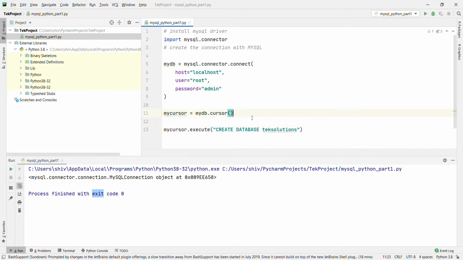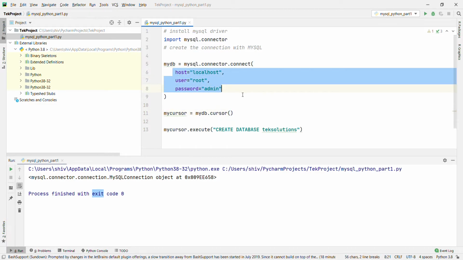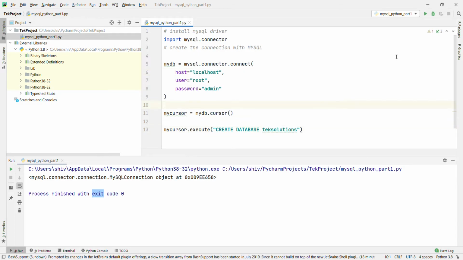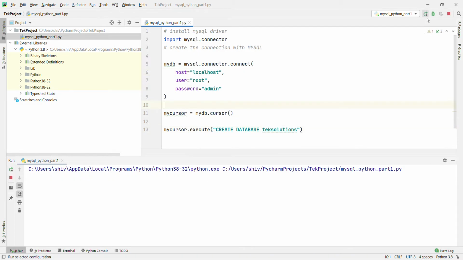After running this Python code, it is going to create the textsolution database on localhost. Now let's run and see.